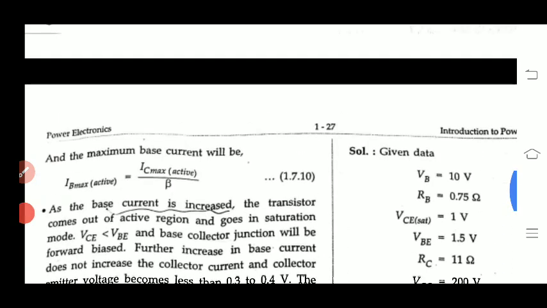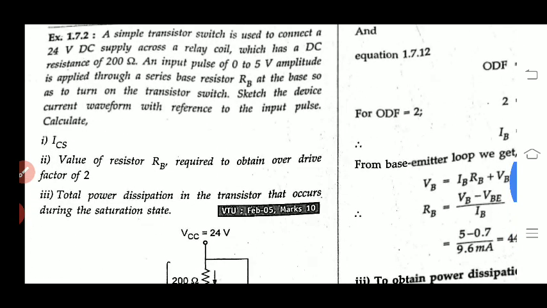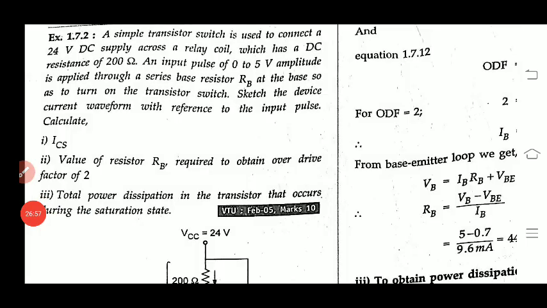Similar to this, you can solve a few more problems related to this. In the next class we'll see how you can solve some other simple problems related to this. You can see how to increase the switching speed of the BJT, and what changes you can make at the base terminal of the BJT to increase the switching speed. We'll see all these concepts in the next class. Okay, thank you, bye.